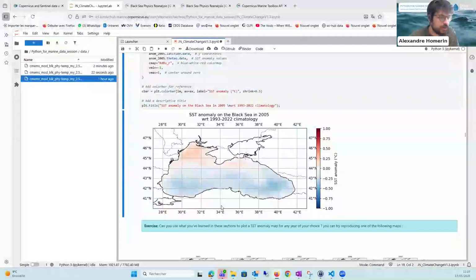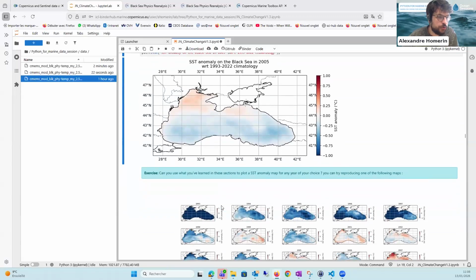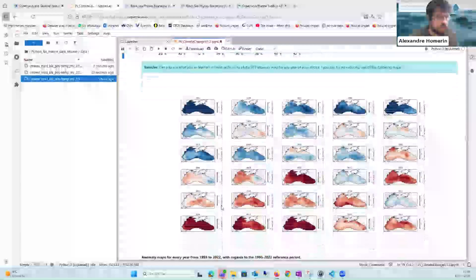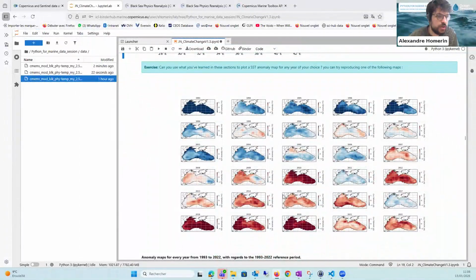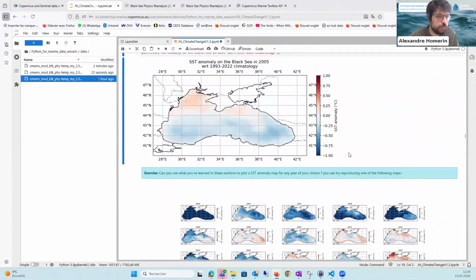So now I propose to you an exercise, if you are executing a notebook at the same time as me, which is to plot anomalies for other years. Here are the outputs that you should obtain